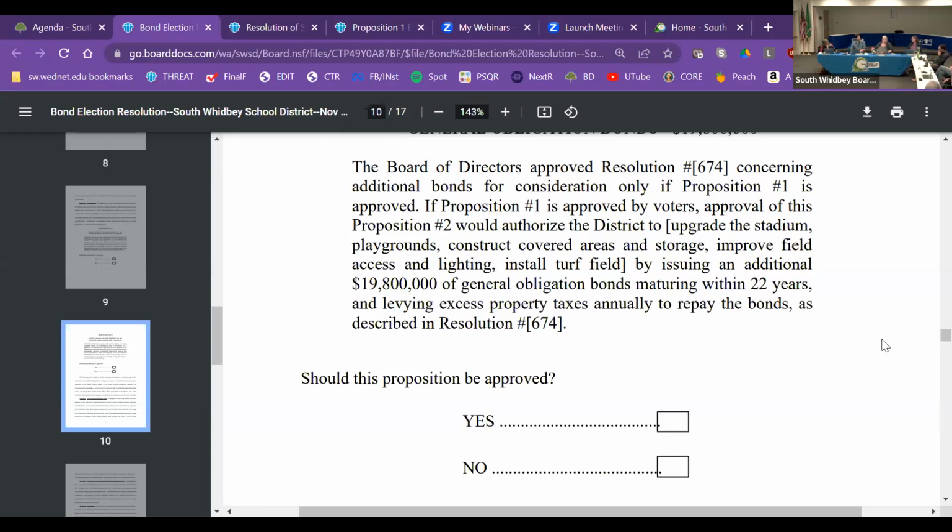But the first thing is that my understanding was one of the major barriers for some of the folks I was talking to was that they did not understand that this funding silo is a separate funding silo from everything else we do. This is money specifically for this project.